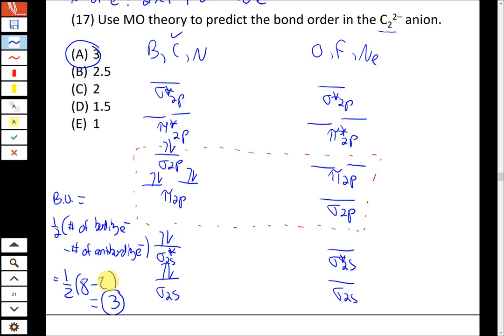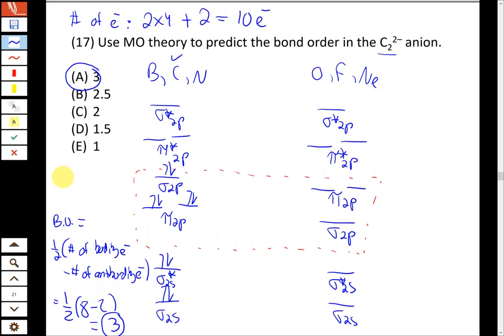All right, so once you get the correct electron configuration, getting the bond order is just the difference between bonding and anti-bonding multiplied by 1/2. That'll give you the total number of net bonds that you have in that structure. All right, any questions on this one? Yeah. How did I get, sorry,